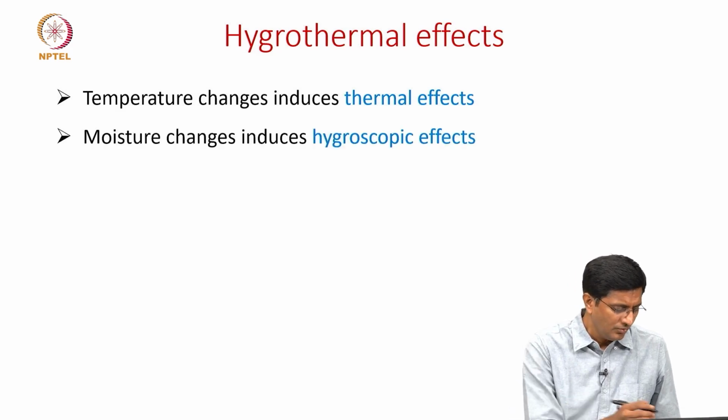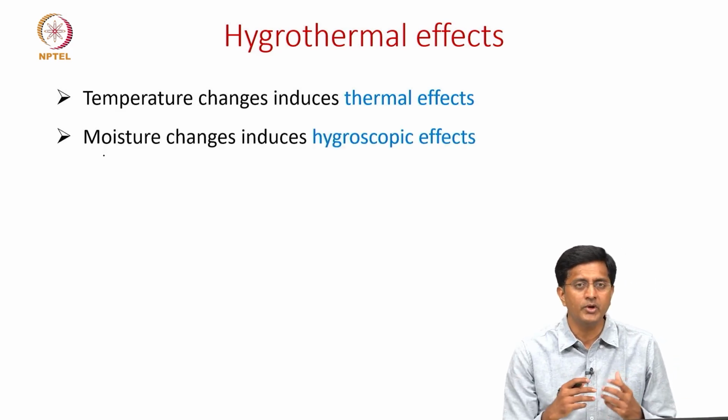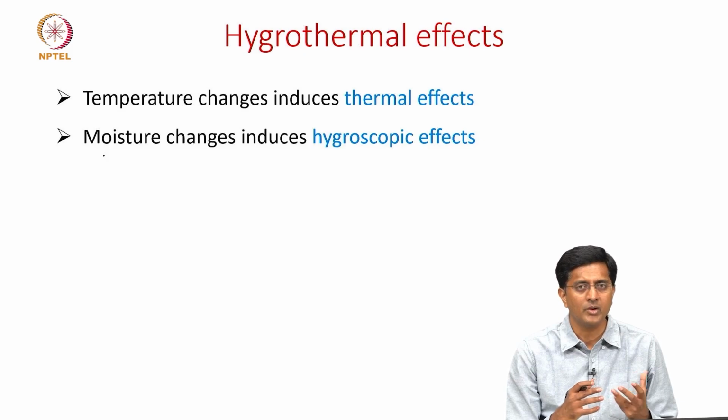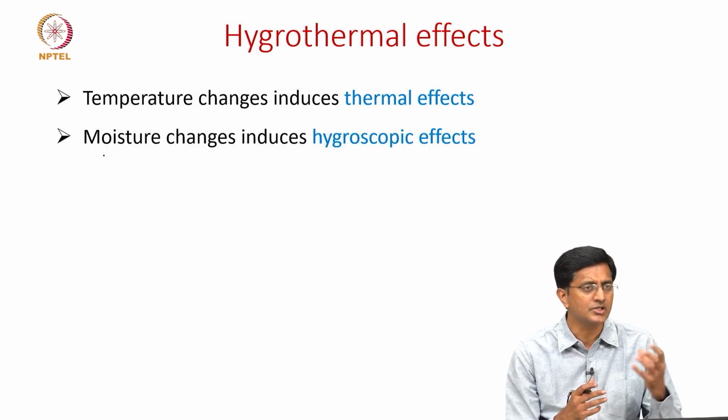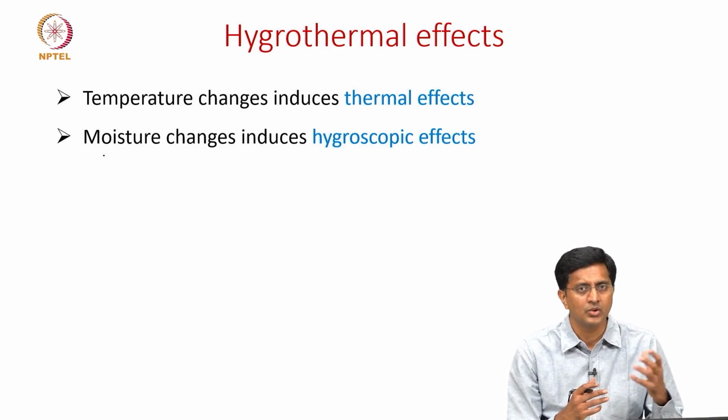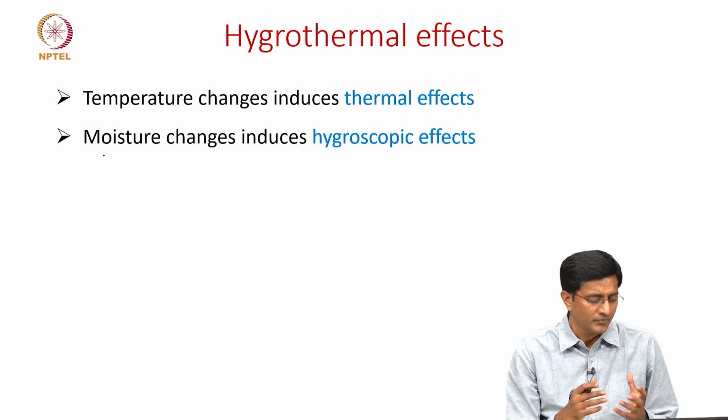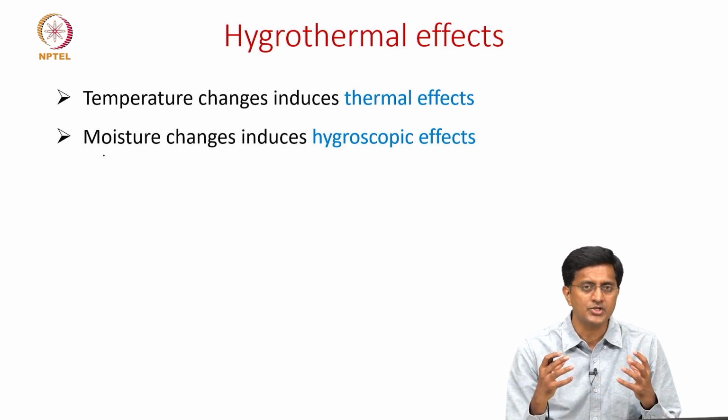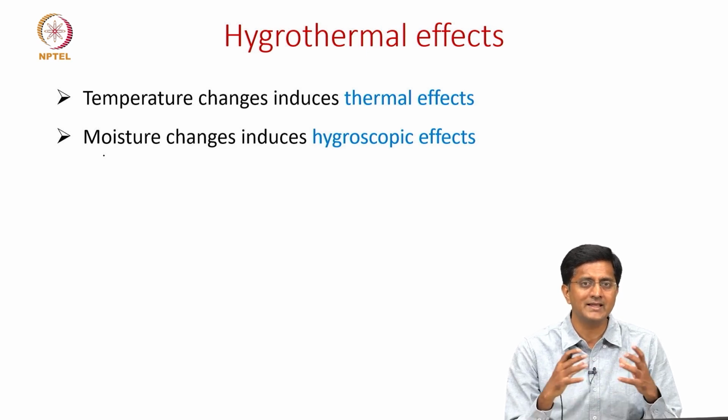Similarly, when it is exposed to humid environments, say a composite structure passing through a humid environment, it absorbs moisture from the environment and there is some swelling happening. Because of this swelling, there is an increase in the